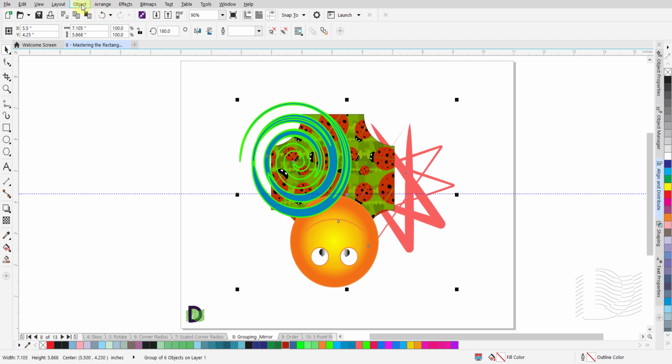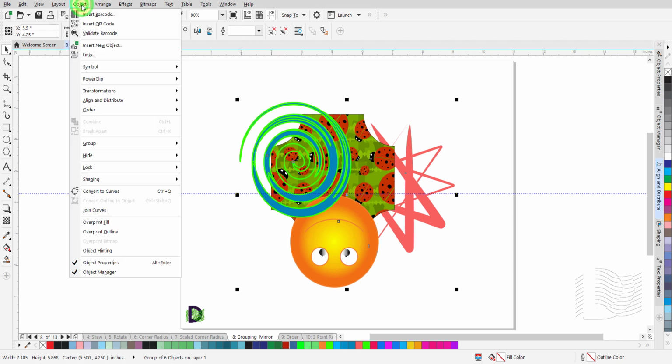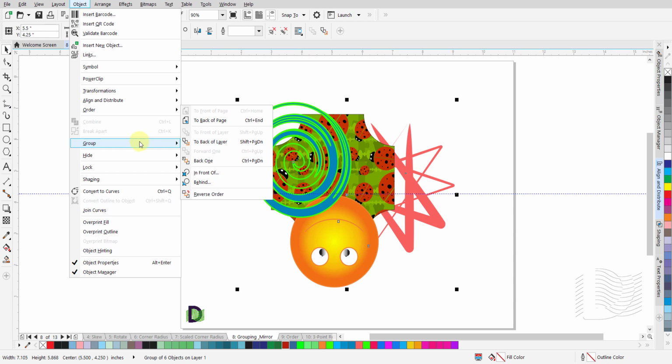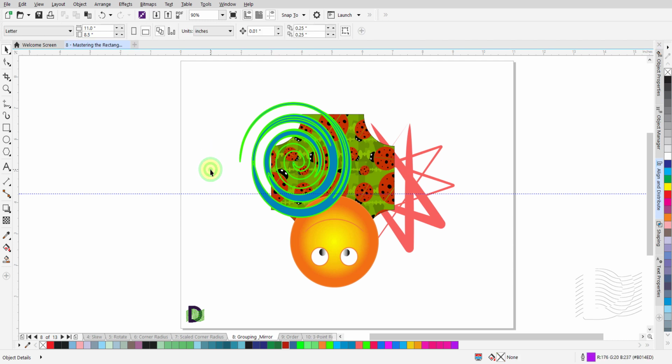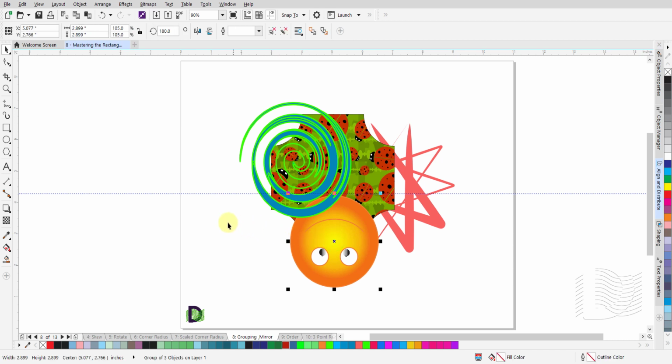With the grouped objects selected, click on Object in the menu bar. Scroll down to Group to open the sub-menu. From the sub-menu, click on Ungroup Objects. Left-click and release on a blank spot on the canvas to deselect all the objects. Then left-click on one of the objects, and this time it is only that object which is selected, instead of the whole group. Press Ctrl-Z, Command-Z on the Mac to undo that last action.